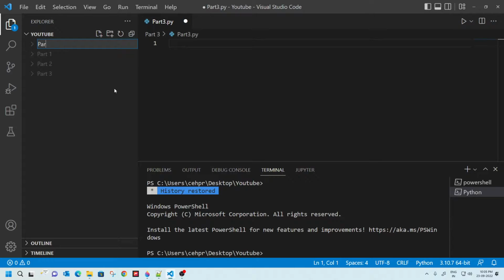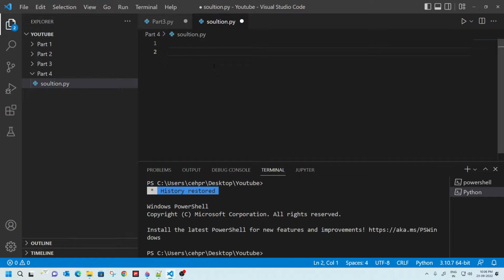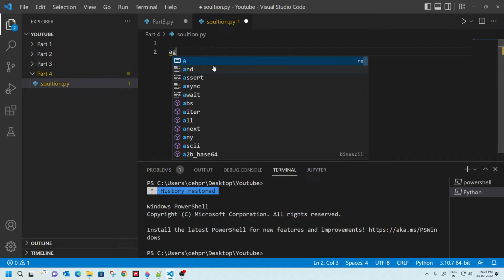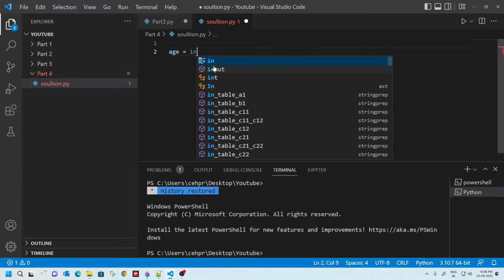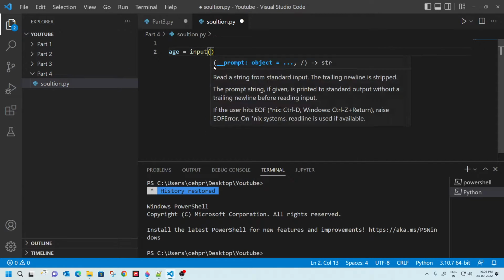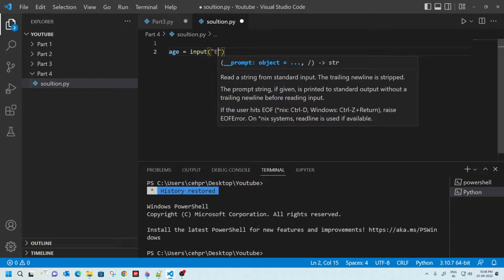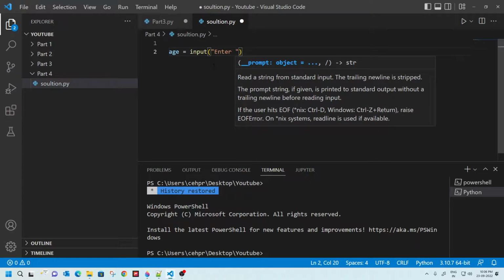So I will say part 4. I have created a separate folder. In this folder I will create a file solution.py. Okay, now we will write the solution. So we want the user's age, so we will take a variable age and we will ask the user to input their age. So we will write like, enter your